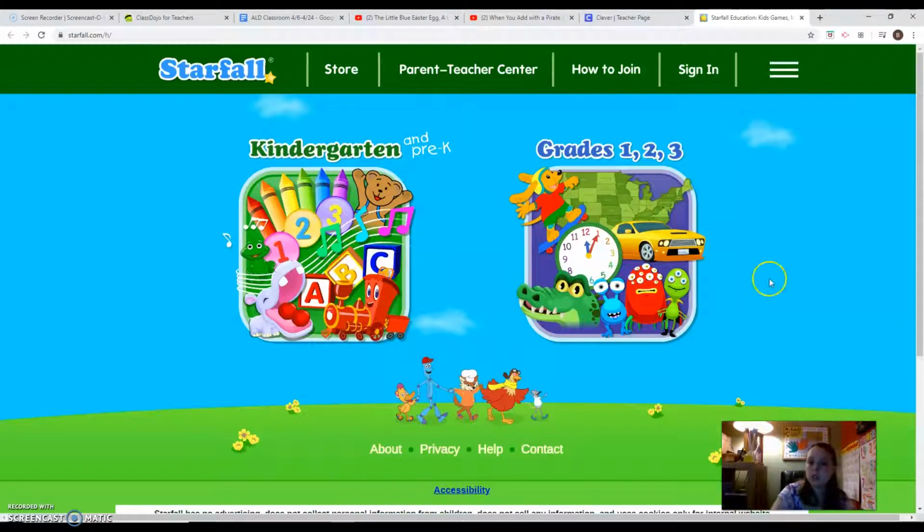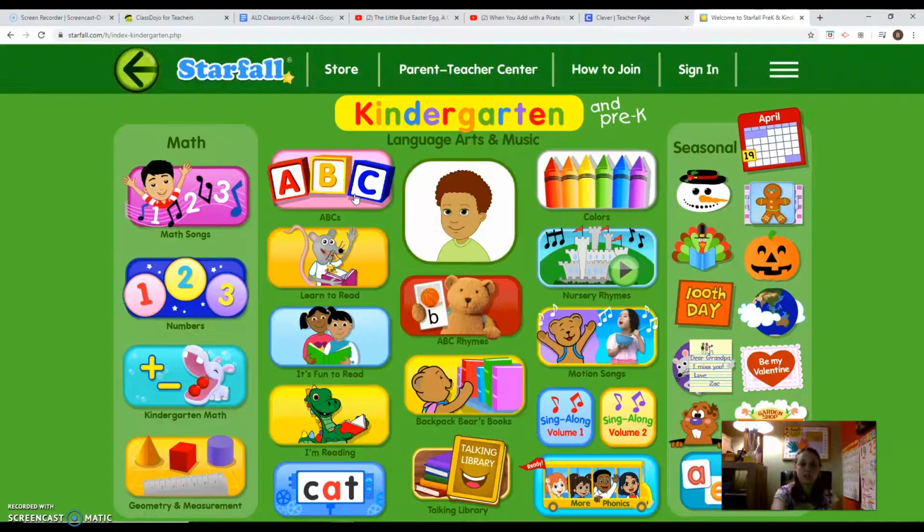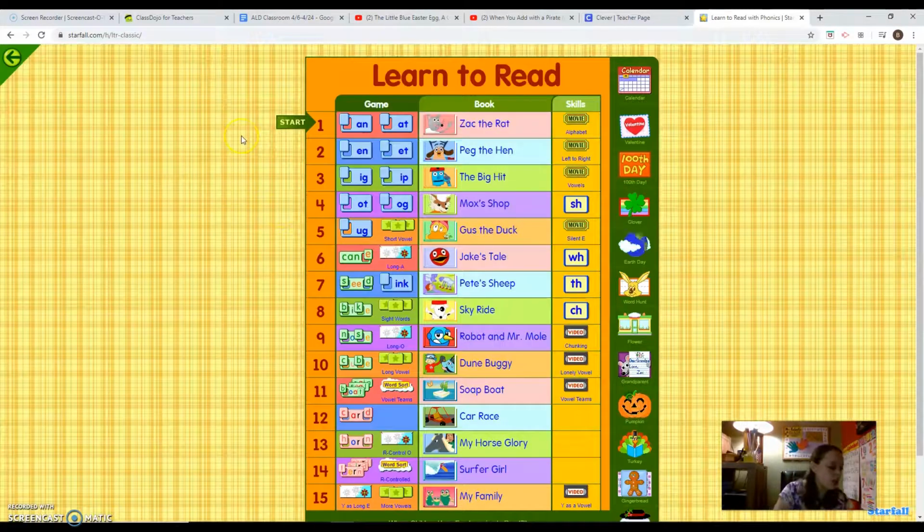You guys may have been doing some things with first grade, or that might be coming up in the plans. But right now we're focusing on kindergarten for this activity. You go to the mouse, the yellow button that's a mouse, and do Learn to Read. The instructions say complete activities 1, 2, 3, 4, and 5 during this week.